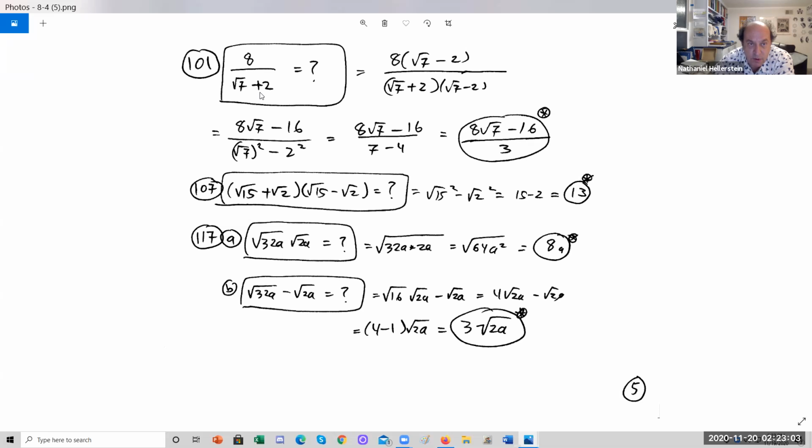8 over root 7 plus 2. Now, watch out. It's not written that way, so I have to be a little careful. Root 7 plus root 2. Well, by the conjugate of the denominator. Plus root 7 minus